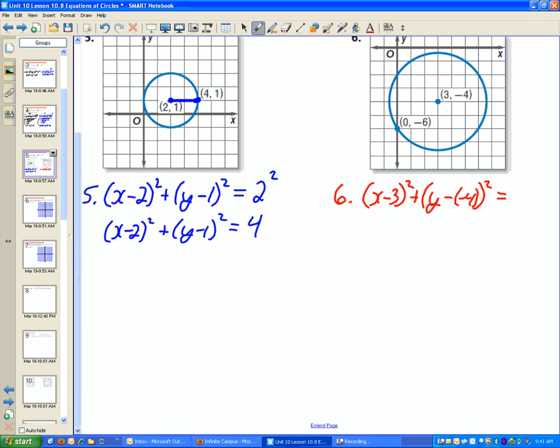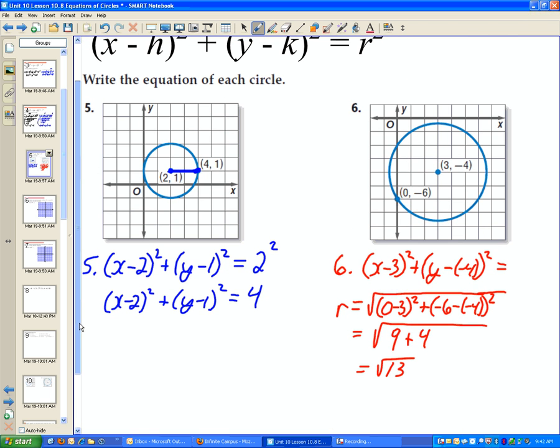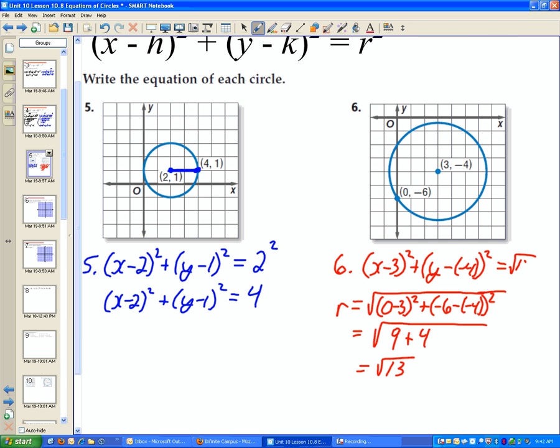I was hoping to not have to, but radius equals square root of, we can do 0 minus 3 quantity squared plus negative 6 minus negative 4 quantity squared. All right, 0 minus 3, that would be negative 3, square that, get a 9. Negative 6 plus 4 would be a negative 2. Square the negative 2 and get a 4. So we get a square root of 13. Wouldn't have really guessed that. So square root of 13